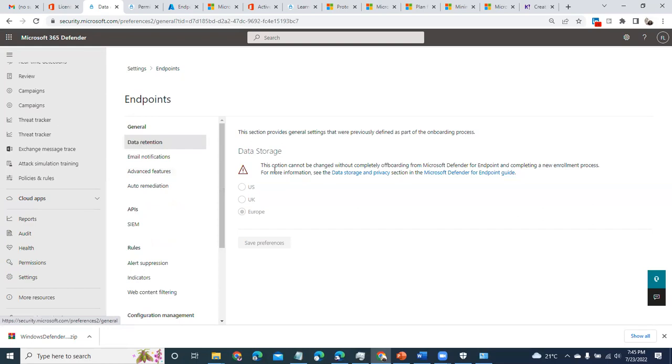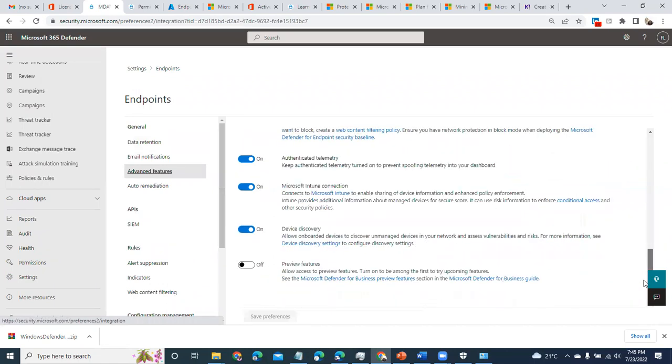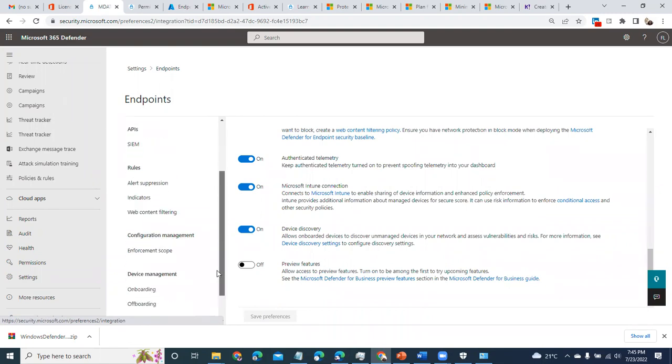Remember, I talked about the data storage. Some of these things are not turned on by default. For instance, device discovery will not be turned on, so you have to turn it on. Device discovery is what allows you to discover devices.